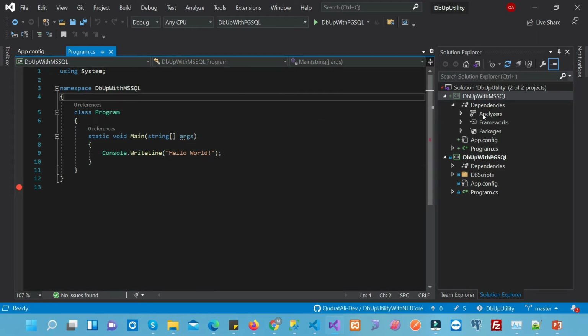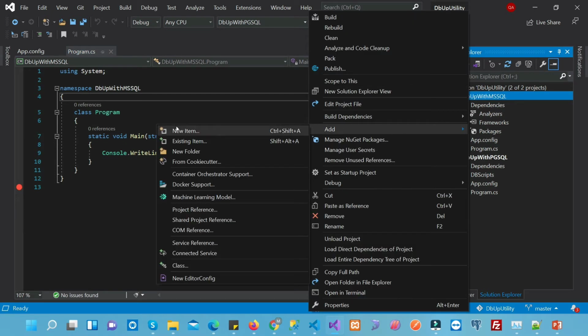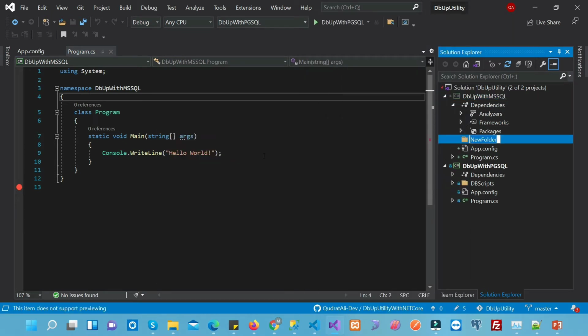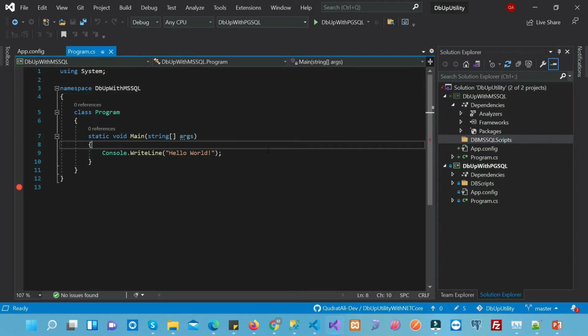We will also add a folder that will cover the MS SQL scripts that we will be automating. So it's there,